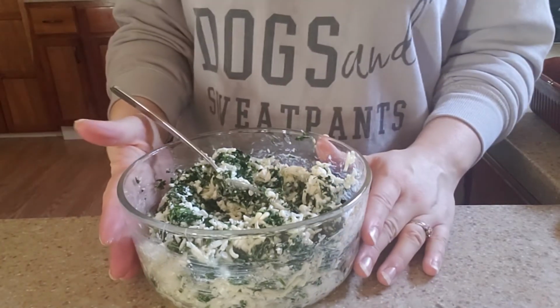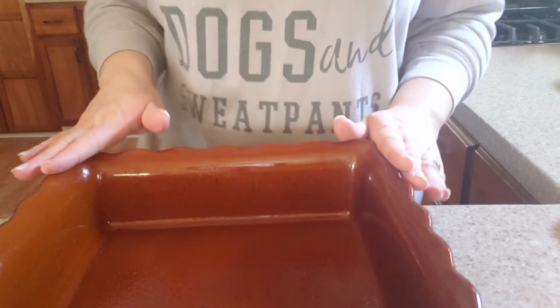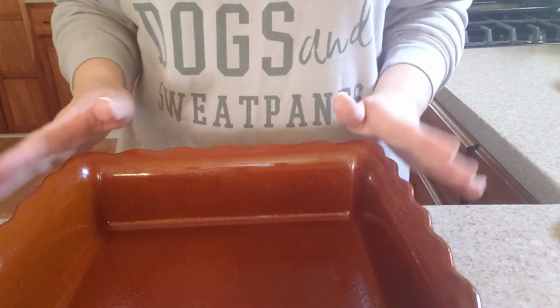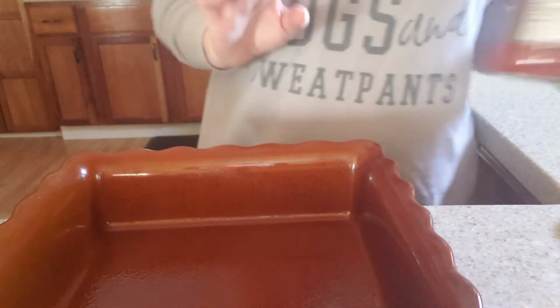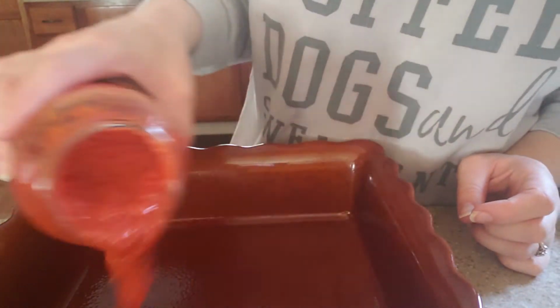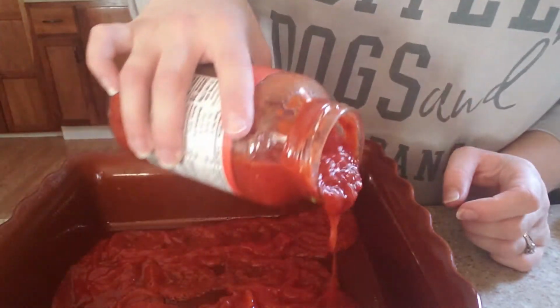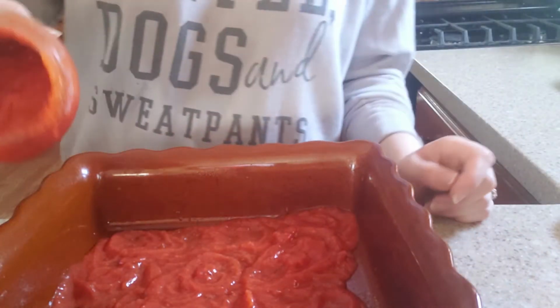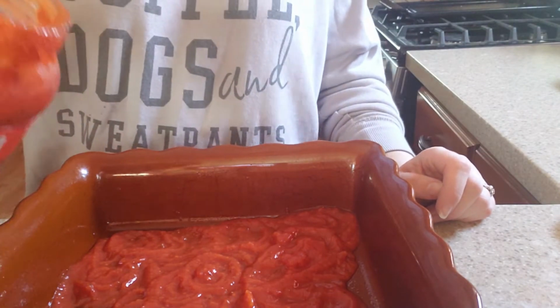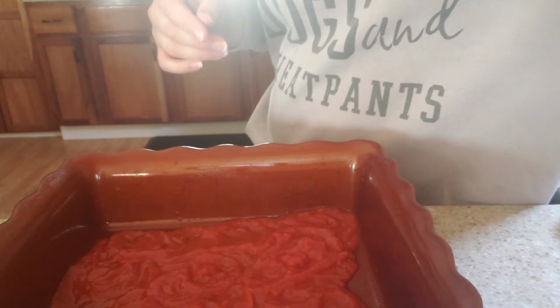Okay, so our filling is all made. Now for the next step. Okay, so our pan is lightly coated. It's been set aside. Now what we're going to do is take your jar of sauce, whatever you would like, put half of it in here. And better yet, if you had homemade sauce, this would be a great time to use something like that. And then we're going to take our shells